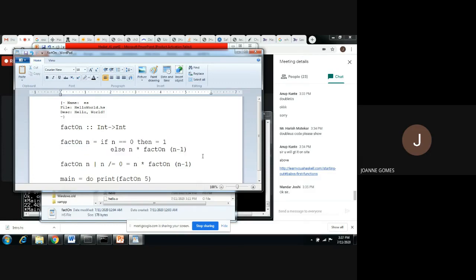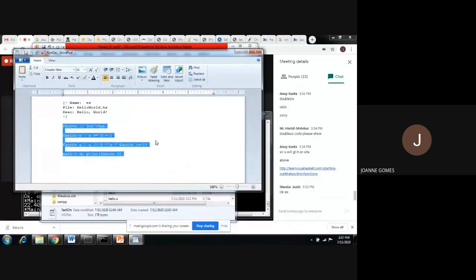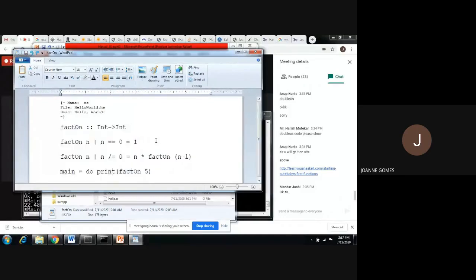So by using this pipe, it simplifies the thing. It is just another way to give the condition in the function body. Okay, so we are saying the first condition is if the given number n equals 0, then the function value is 1.